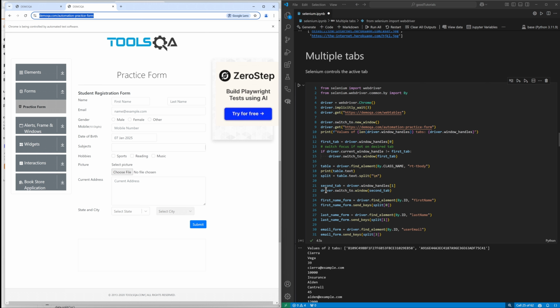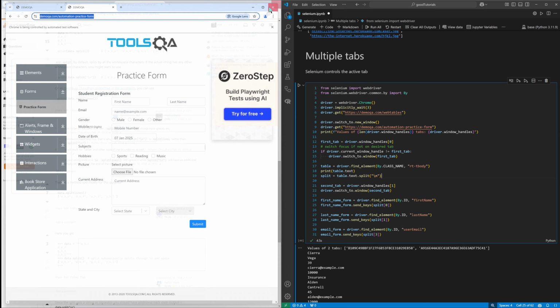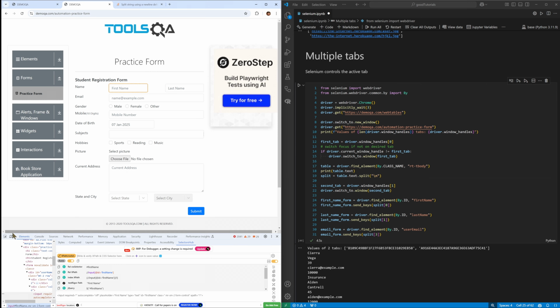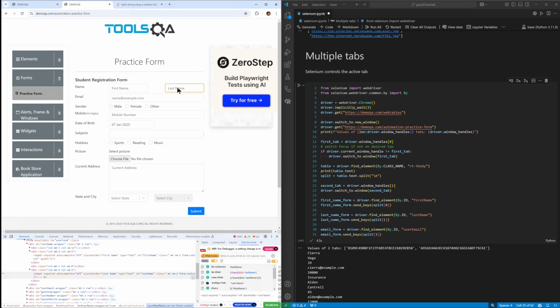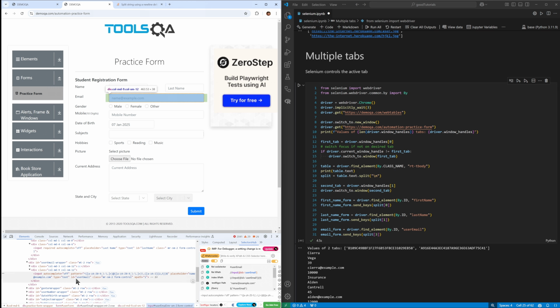Next, we go over here, and then we want to find out where our elements are, the form elements. And that is relatively easy. So all you do is you click this, make sure you have selector sub. Actually, you don't even need it. You click on it, and you can see the ID is firstName. The ID of last name is right there. And the ID of this email is userEmail. So we just find an element by ID using firstName, lastName, userEmail, and then we select